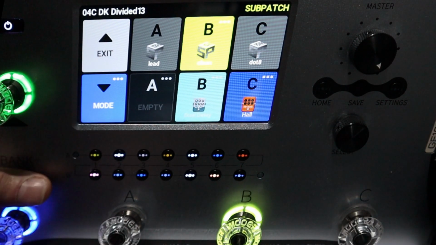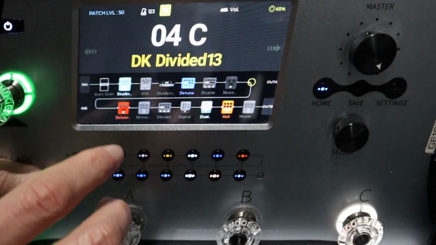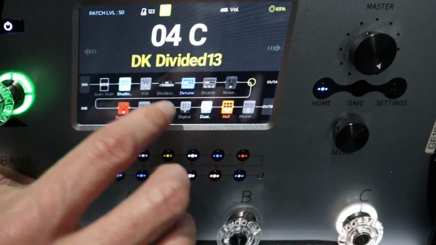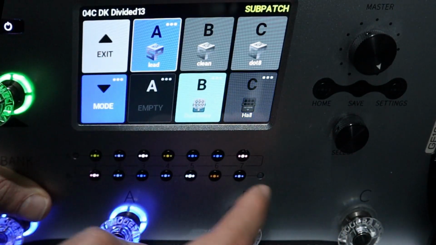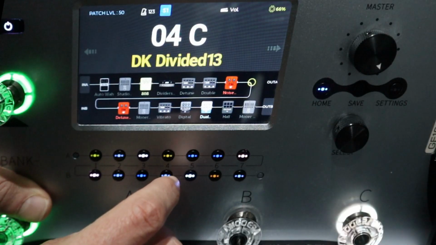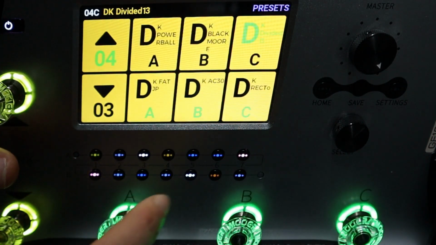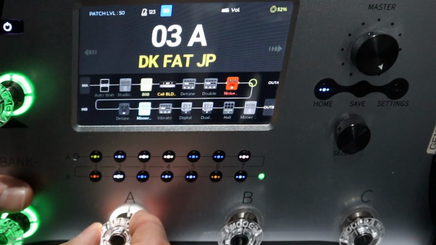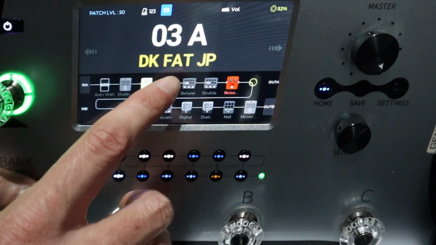But what you can also do, which makes it even more powerful, if you go back to the initial scene here, well, not the initial scene, we are still in the clean scene, as you can see here. Go back to the lead, for example, and exit. Okay. Yeah, we create a little bit of a mess here by activating different scenes. So let's go to another preset first, where it's properly like how I programmed it for the preset pack. And what you can do is here you can